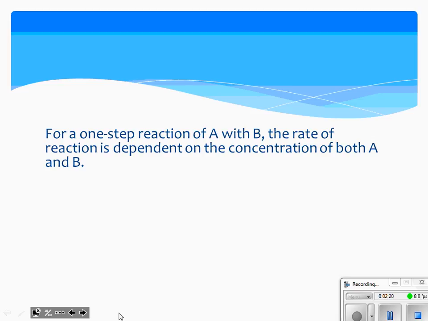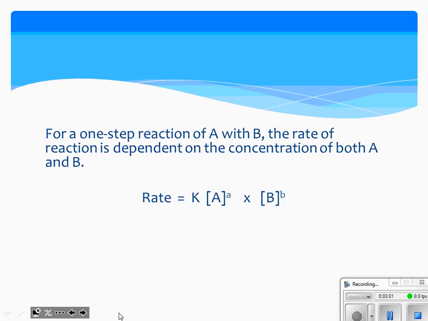For a one-step reaction of A with B, the rate of reaction is dependent on the concentrations of both A and B. We said before that if we have higher concentrations, we have more collisions. More collisions equal faster reactions. So concentration does matter. Absolutely. So for a one-step reaction of A with B,